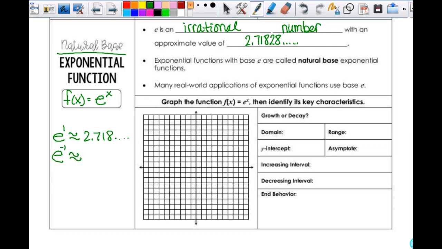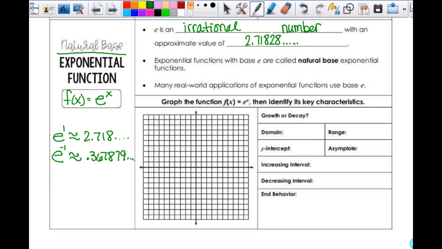We're going to write them down, but then we're just going to talk about what we know. 0.367879, blah, blah, blah. So for purposes of graphing, you just need to know that e is about 2.7 and the reciprocal is about 0.36. That's good. These grids are small anyway. It's not like you can estimate when you're graphing, you can't make it that much more accurate anyway,